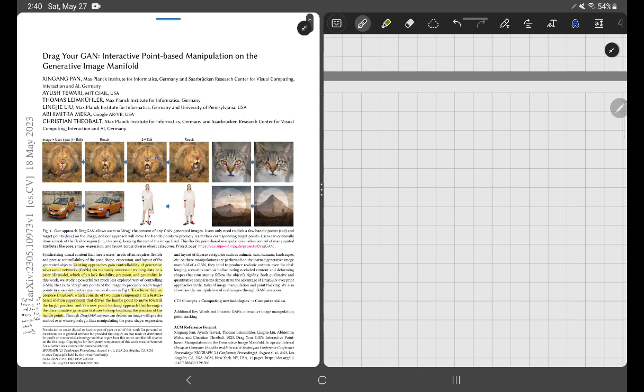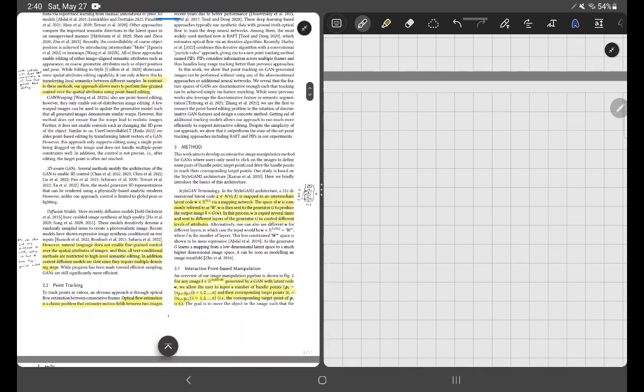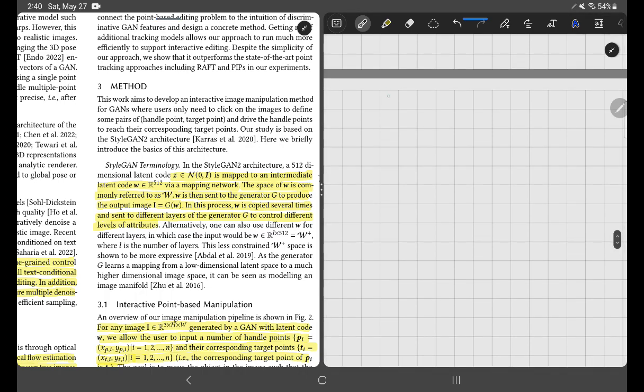So this is what it's called. The paper, DragGAN: point-based manipulation on the generative image manifold. Yeah, so it's going to be using GANs specifically. It uses StyleGAN 2 right here. StyleGAN 2 was an improvement on StyleGAN, obviously, and